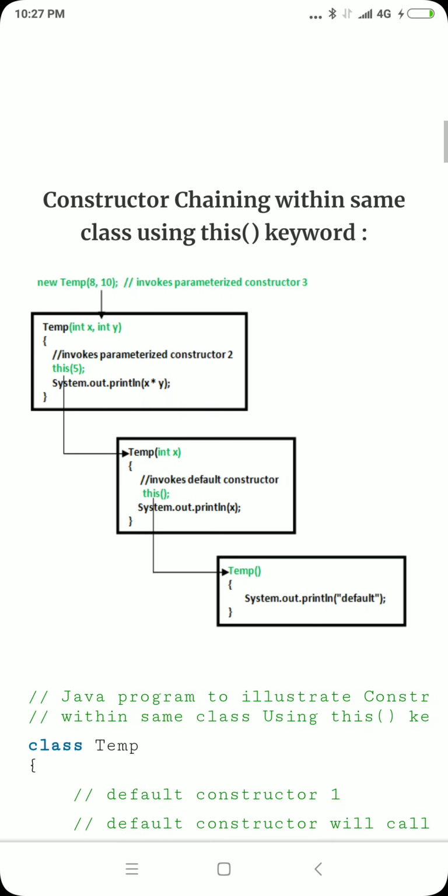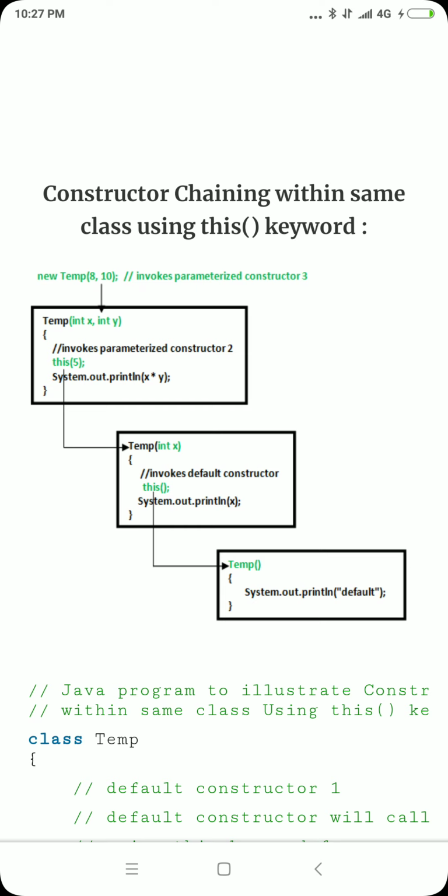Next, look at this diagram carefully. Constructor chaining within the same class using the this keyword. Here I have taken a constructor temp, temporary, with two parameters. This invokes the parameterized constructor 3, which has two arguments, x and y, both of integer type.